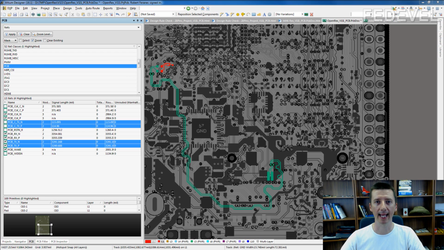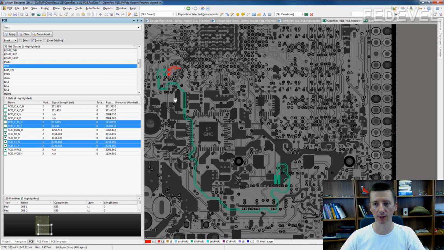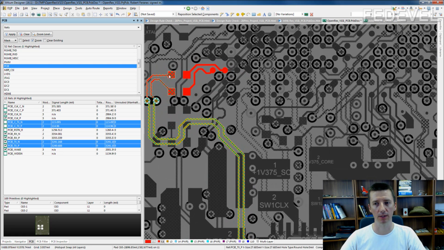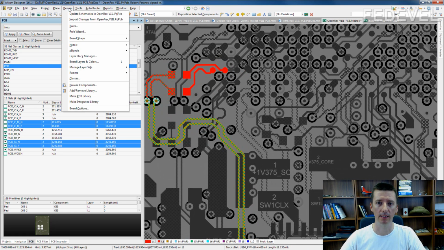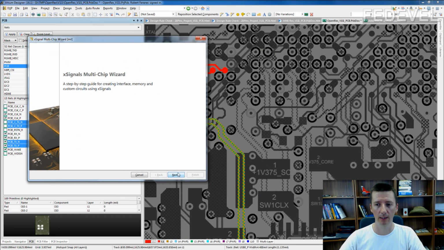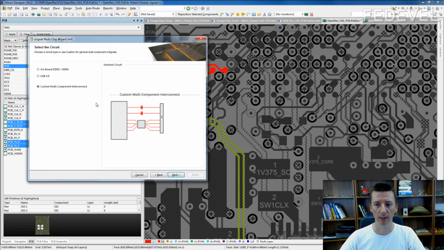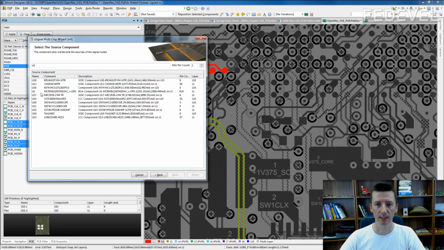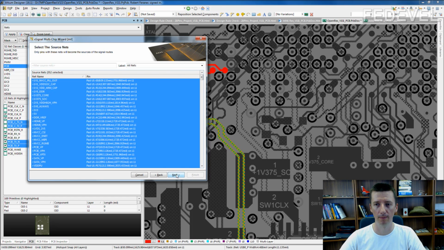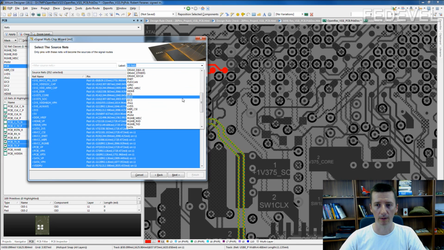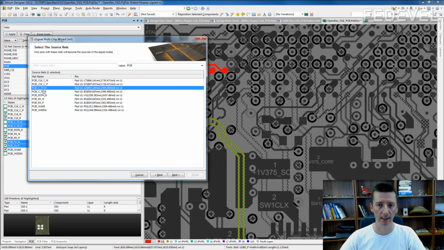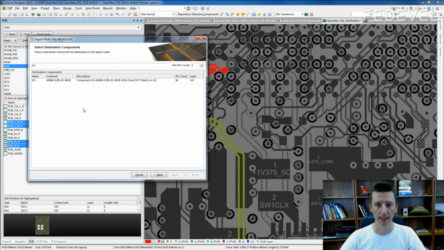PCI Express TX signals are a really good example because there are AC coupling capacitors inside the tracks. Click on Design, xSignals, Run xSignals wizard. Click on Next, select Custom Multi-Component Interconnect, Next. The signals are connected between the processor. Here we select the PCI Express TX signals, and they are connected also to the J15, that's the PCI Express minicard connector. Next,